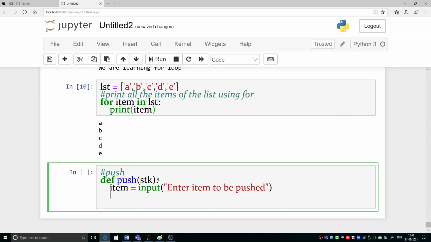So the user will enter the elements, and that is what we want to push. So simply we will be writing name of the stack is stk. So stk dot, we will be using append, and what has to be appended, that item has to be appended. So we will be writing stk.append(item). So that we have done.